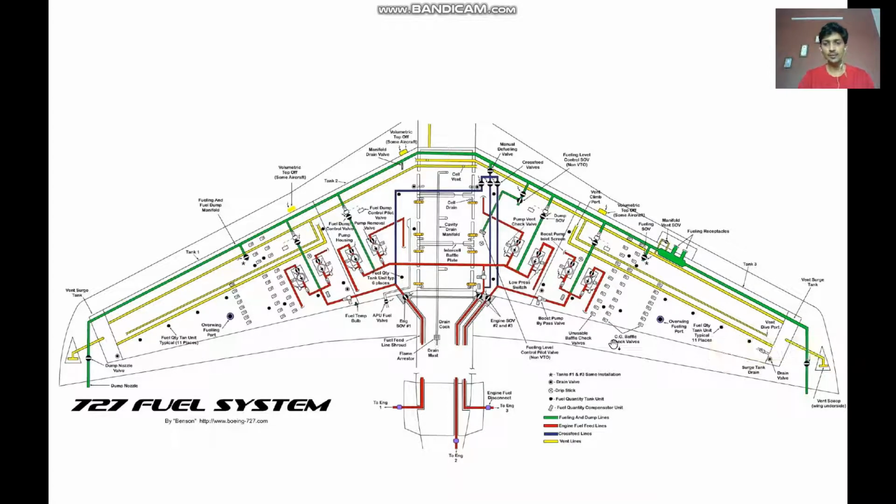Now apart from that, here if you see there are CG baffle check valves, meaning these check valves are used to balance the CG between the tanks and individual tanks. So not just this blue color cross feed line is sufficient; we have again check valves, that is, CG baffle check valves, to balance the CG. So this is in general the detailed description of the fuel system.